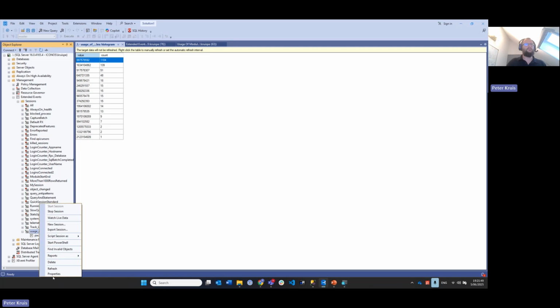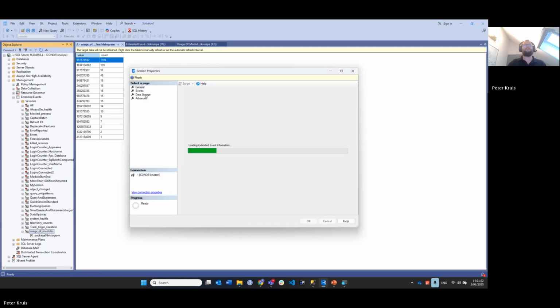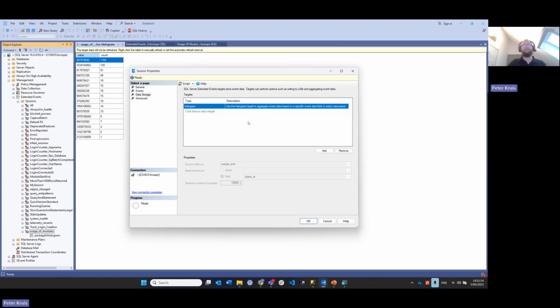Okay, so let's go to properties. Let's go back to data storage. Let's go to histogram, and here I can see how I configured it. I am going to filter on module end. My field will be the object ID, which is the value, and it will just do a +1 each time my module end is triggered, for each object. So my object ID ending with 592 has been executed 1104 times, where the last one only executed once since